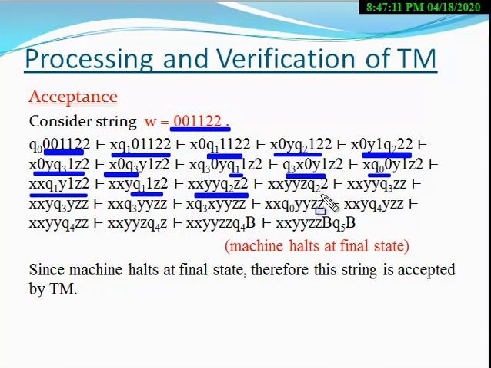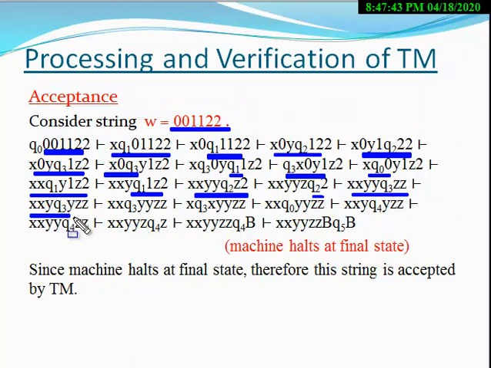So at the state Q2, the 2 tape symbol appears, therefore 2 is converted into Z and the machine moves in the left direction and also changes its state from Q2 to Q3. So after applying this transition rule, we get the next ID, which is this. Now here the state is Q3, the tape symbol is Z, it means the machine moves only in the left direction.